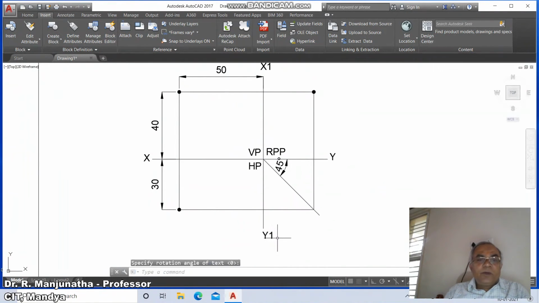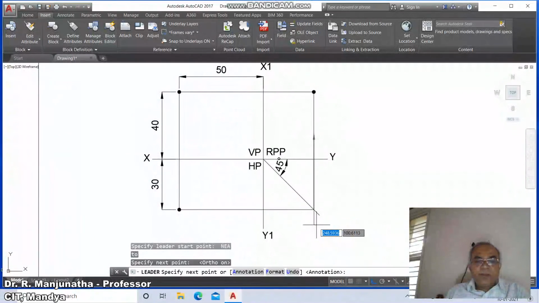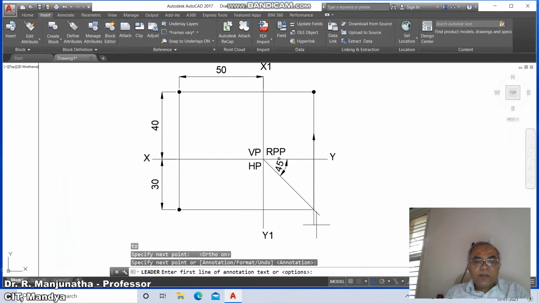Then we need to go for dim lead. We need to go for leader. So specify start point. You take the nearest point of this and keep the ortho mode on. You just click on this, and then annotation you just enter.